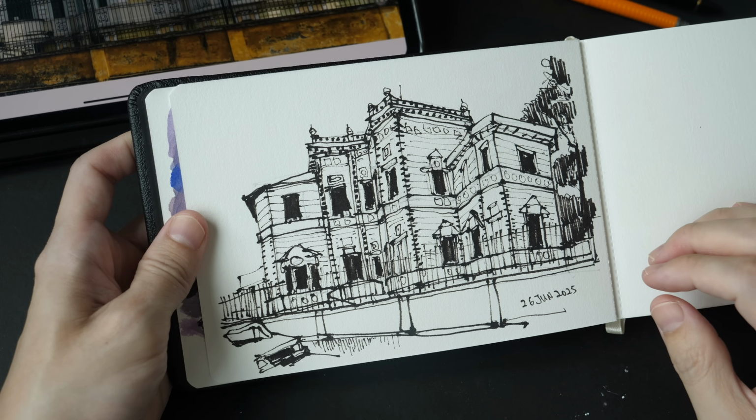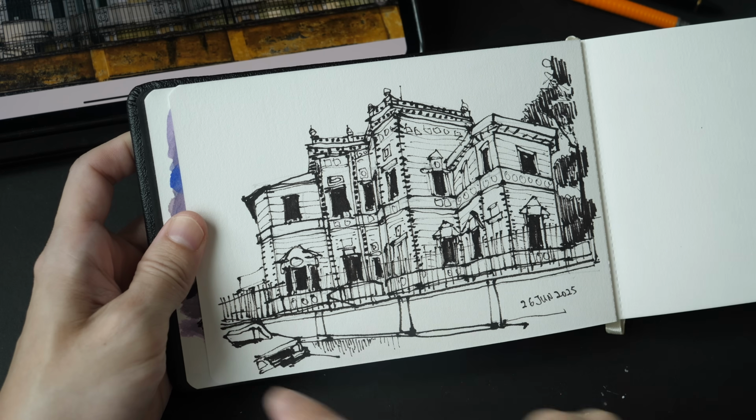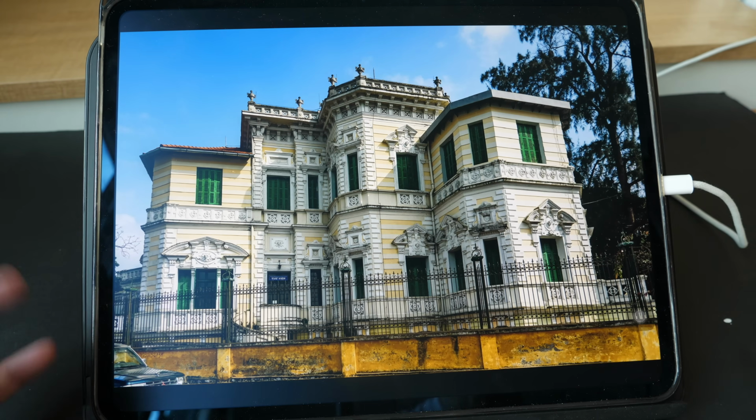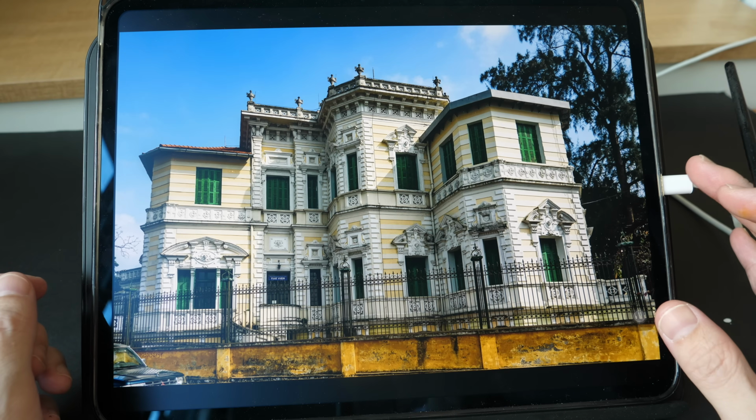Hello everyone, welcome to another time-lapse sketching tutorial, and today we are going to sketch this mansion with pen and ink. And this is the reference photo of the mansion, which you can download from the link in the video